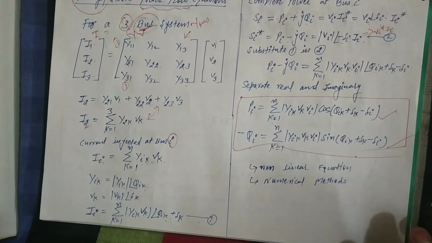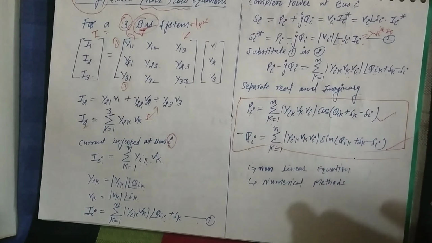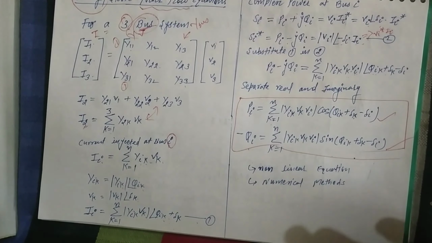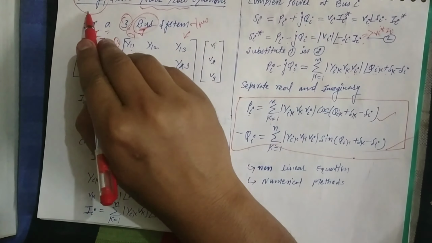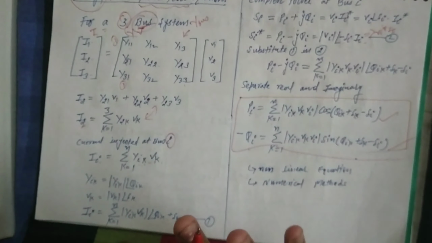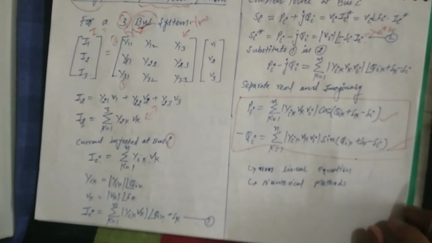So in the last step we got the answer for n buses. You don't need to think about how many buses are there in the system; if n number of buses are there, we already have equations for this also. Now this is the study, and as I already told you, the power system is already there. Now we are doing the study only.